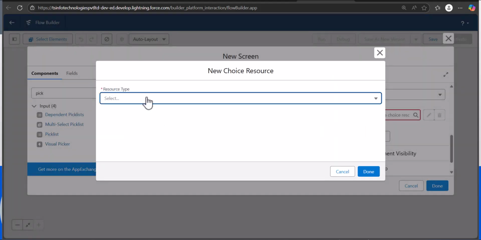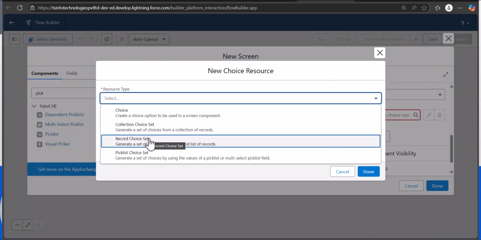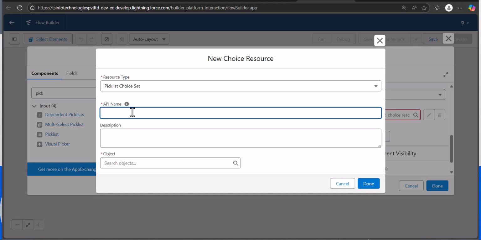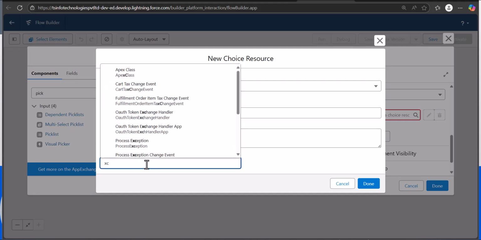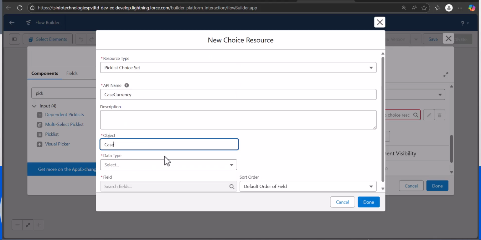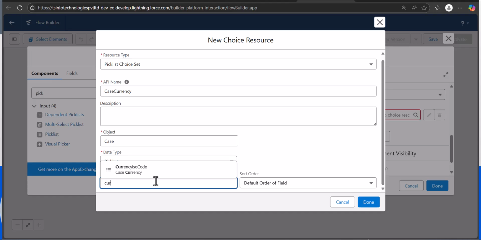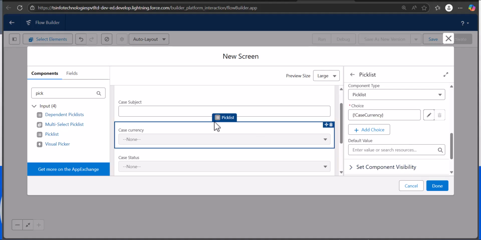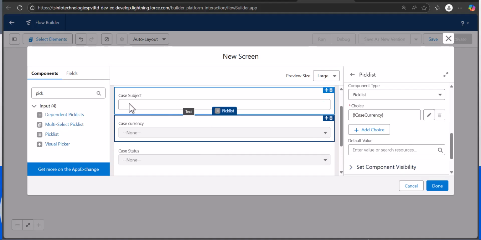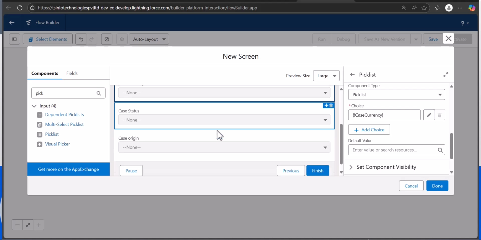like click on the new choice resource, select pick list choice set, and the API name will be case currency. Object will be case. Data type will be pick list, and the field will be case currency ISO code. So here click done. So now we have entered these four fields, that is case subject, case currency, case status,